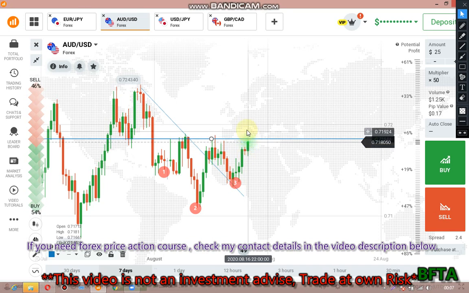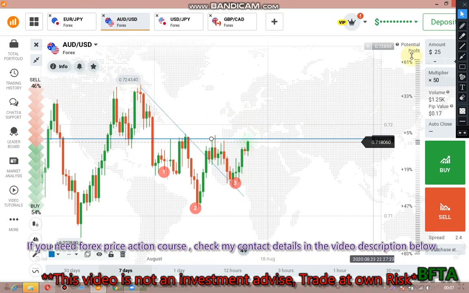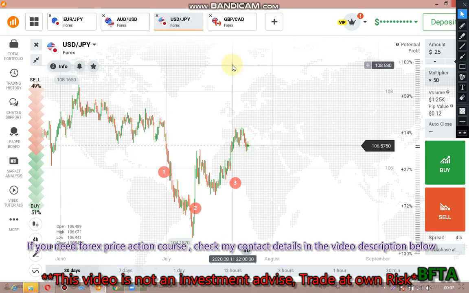If this bullish candle crosses this trend line, that means we should expect a buy setup after the break of this trend line, this neckline. Then we buy the market up to this level here. Okay. Then